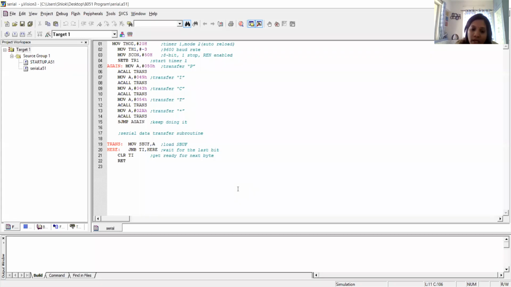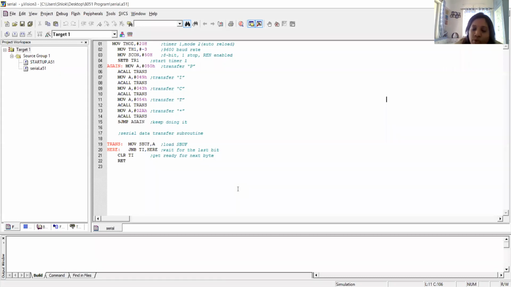The start bit is for starting that character. Now it starts to transfer the character from one end to another end, and the other end is the receiver. So how will the receiver know whether the character has ended or not? For that, the stop bit is there. So one start bit, one stop bit, and 8 bits for one character. So a total of 10 bits are taken whenever we transfer one character from one end to another end.